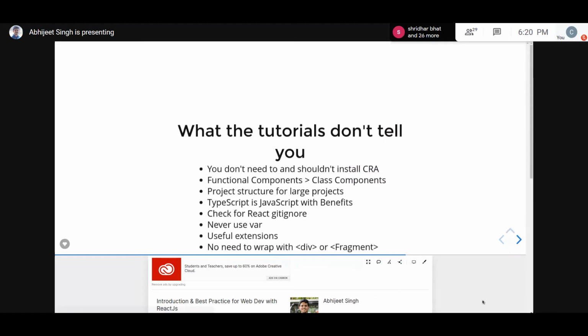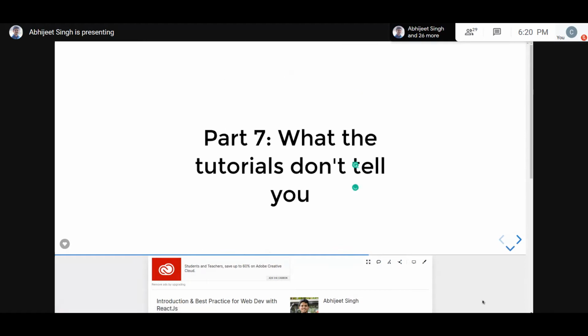So I'll give you some general guidelines about what to look for in these React tutorials. It's not that they are bad, but it depends a lot on when the tutorial was released, because the latest changes in React are still very recent. Many of these changes might not even have existed when these tutorials came out. So that's why they don't cover these modern concepts.